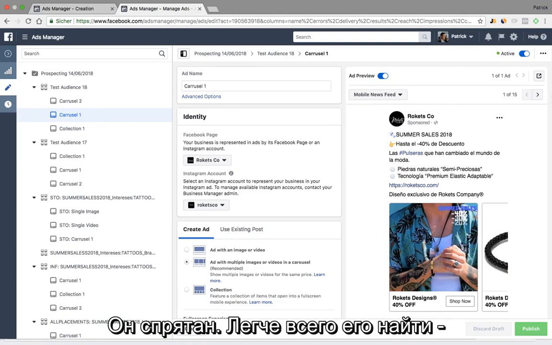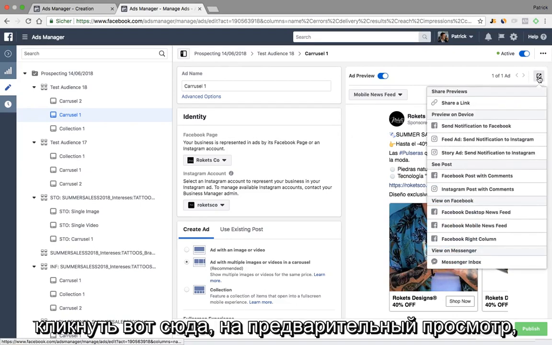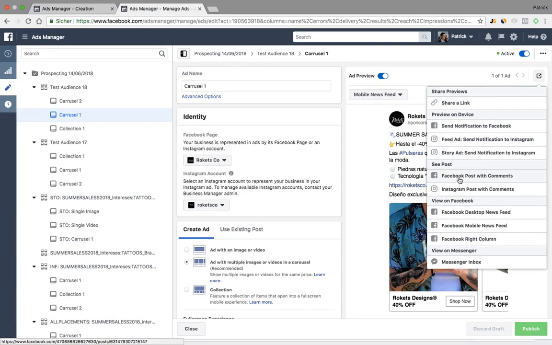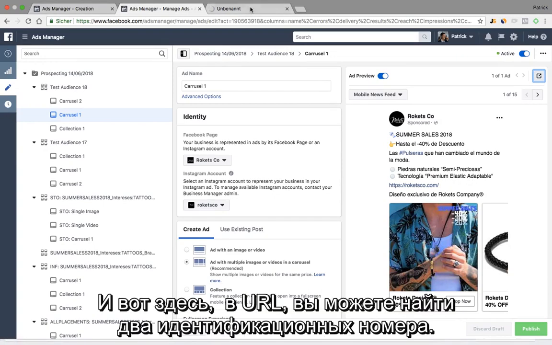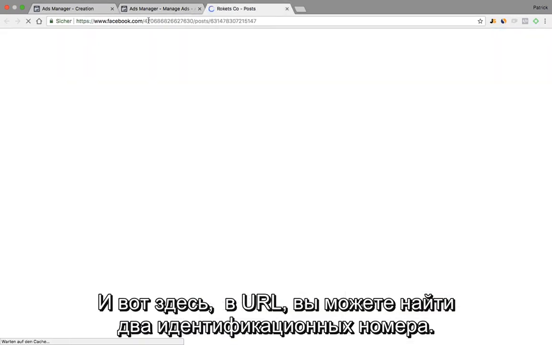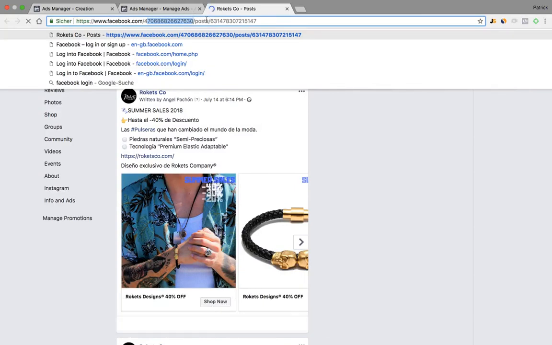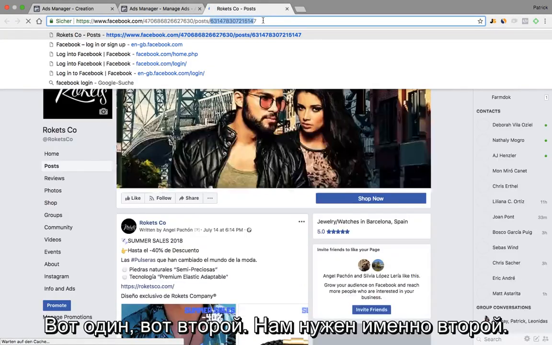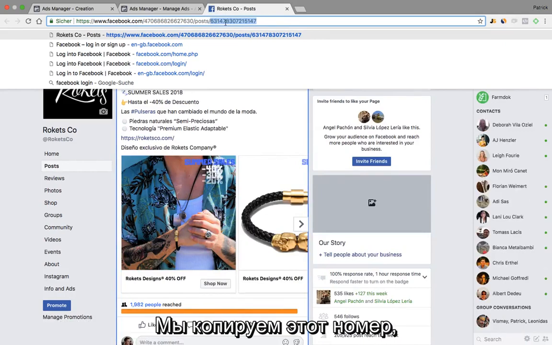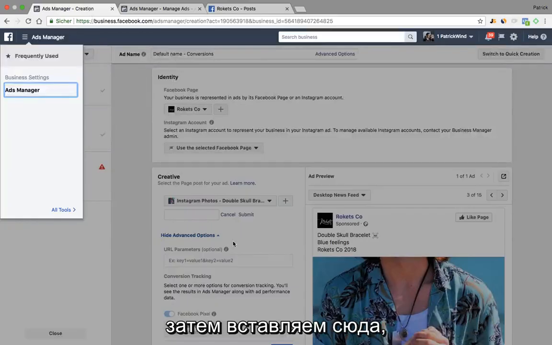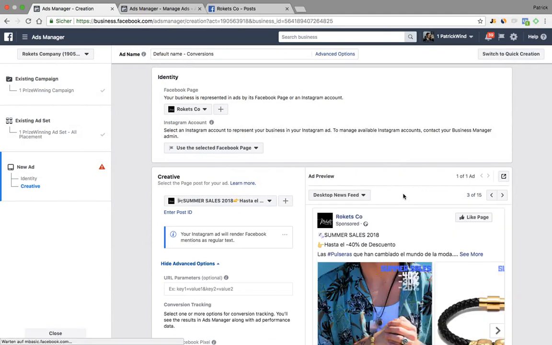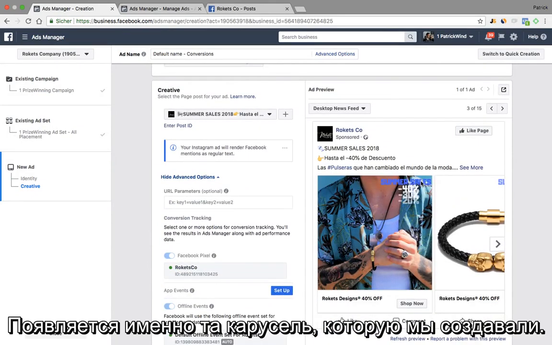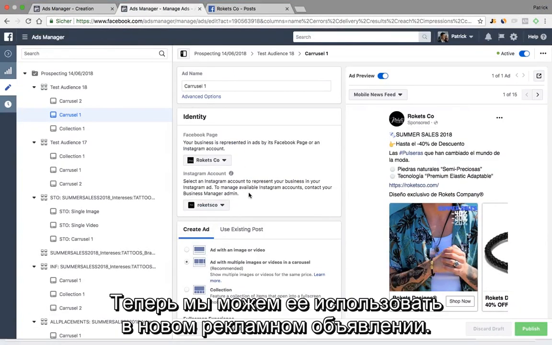The best way to find it is if you click here on previews, then you click on see post, Facebook post with comments, and then here in the URL you have 2 different identification numbers, first one and the last one, and the last one, that is what matters to us. Okay, so we want to copy this number that we can then use here, submit. And now it takes exactly the carousel that we have already created up front